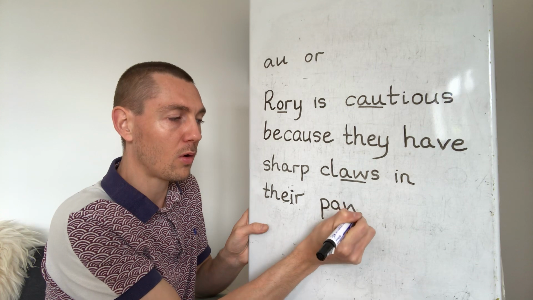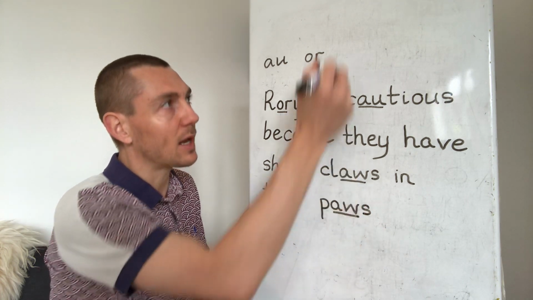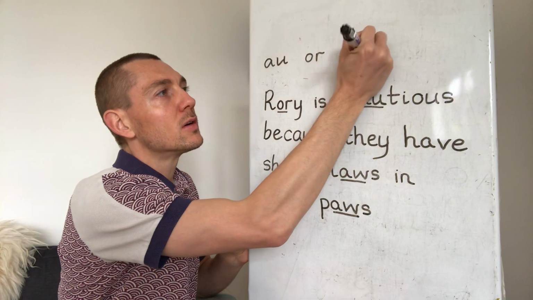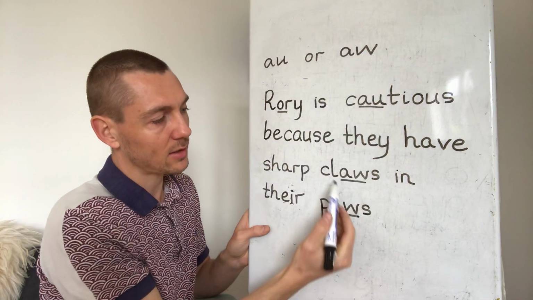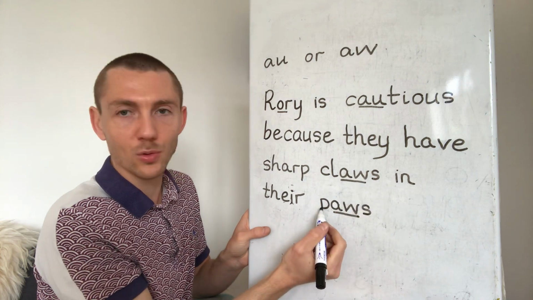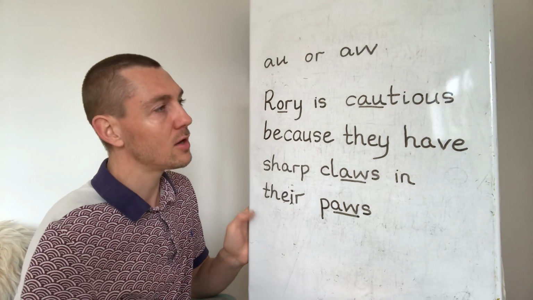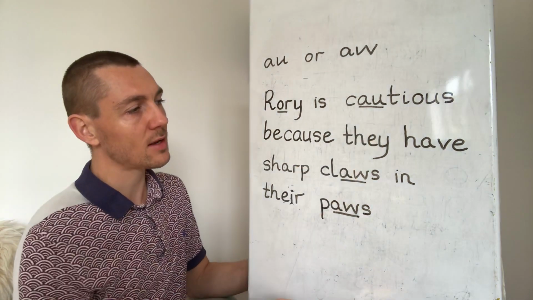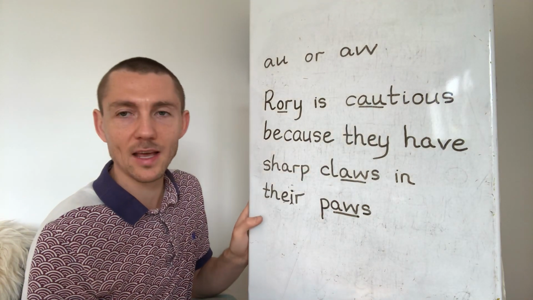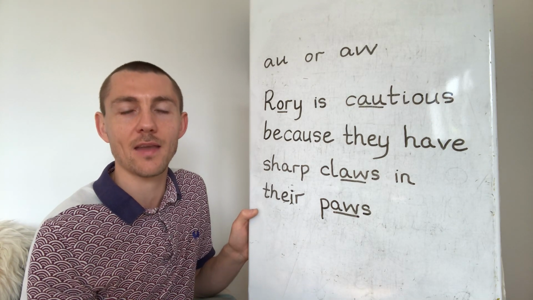Or Z. And we've got the AW spelling of or twice there in claws and paws. So what else? Rory is cautious because they have sharp claws in their paws and sharp teeth in their